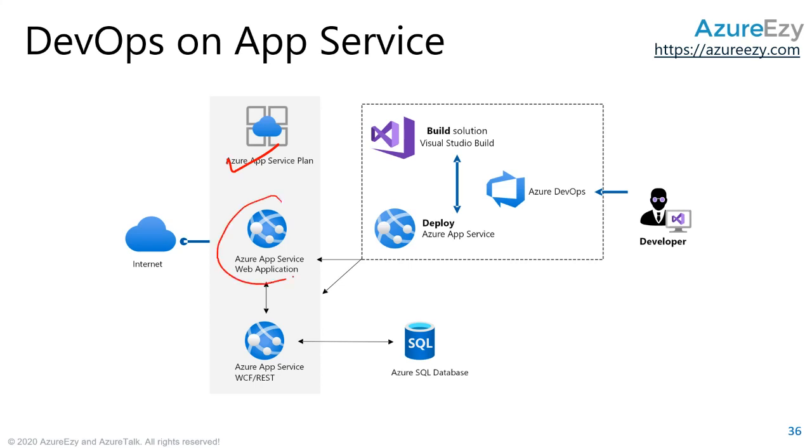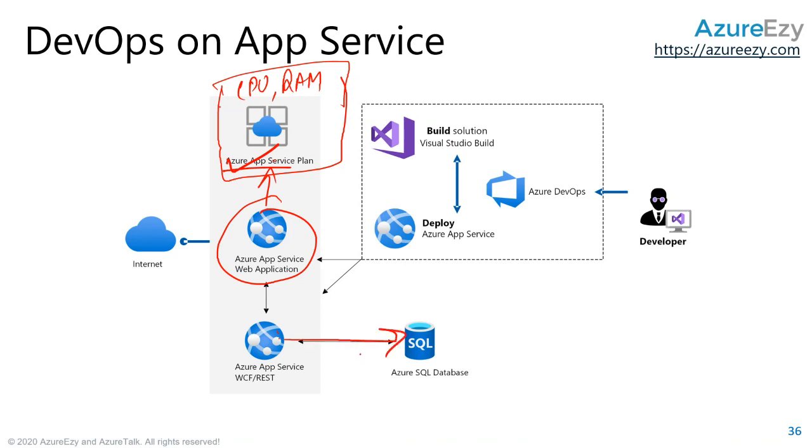App service plan is something which has all the resources that you need for hosting the application. App service is a configuration. App service plan is your CPU and RAM. You can think of it like that. You create a CPU RAM kind of thing, that this much RAM I need, this much CPU I need, and this app service will get that from here, and then you can have another app service which is also using the same CPU or RAM, for reusable purposes,